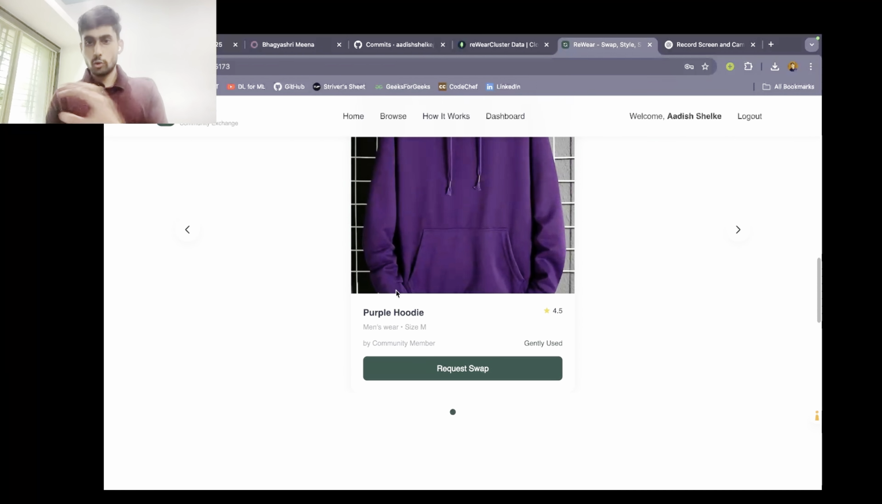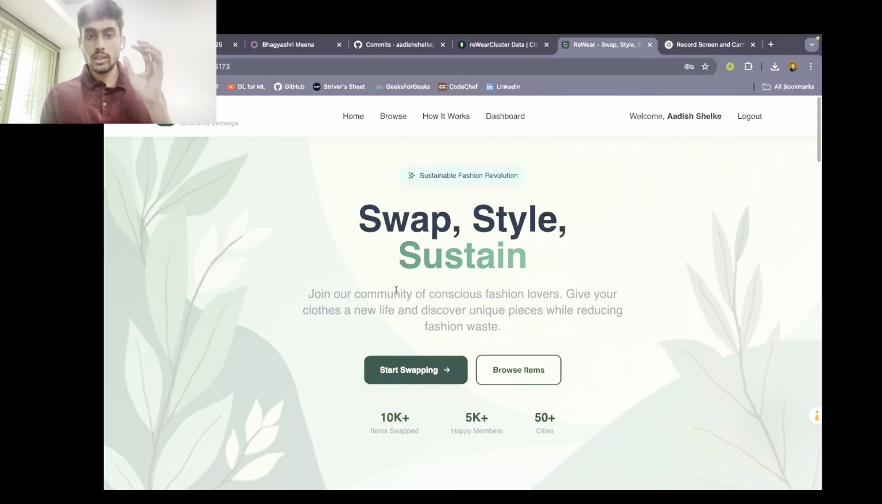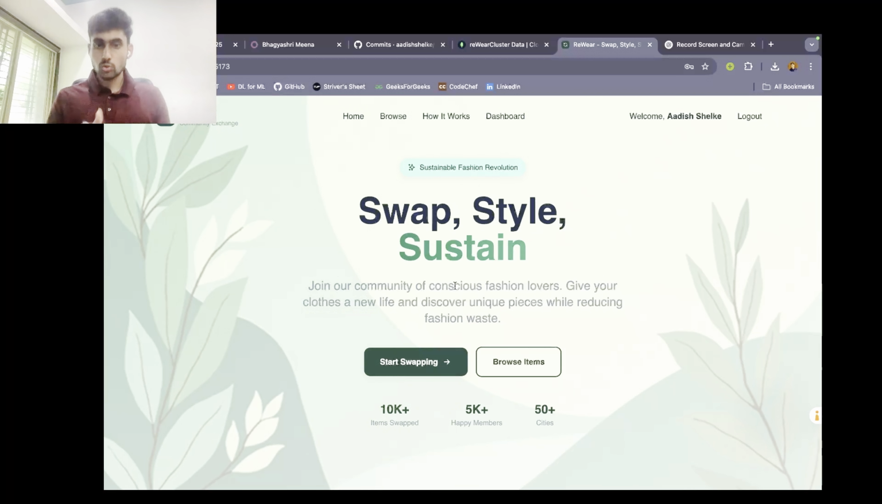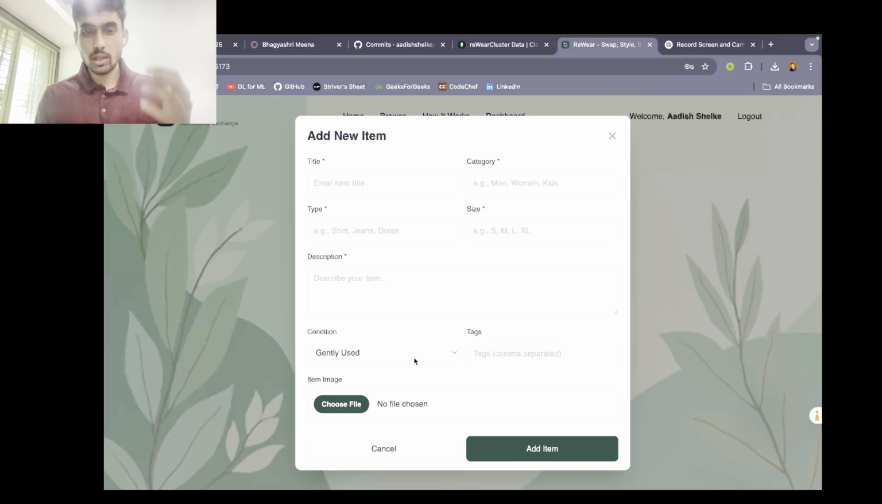So this was the latest items feed. This is our entire swapping experience. And next, we have come back to our landing page. We can see if we want to put our own items up for swapping, then we can also do that